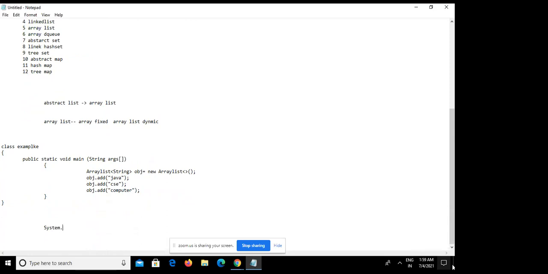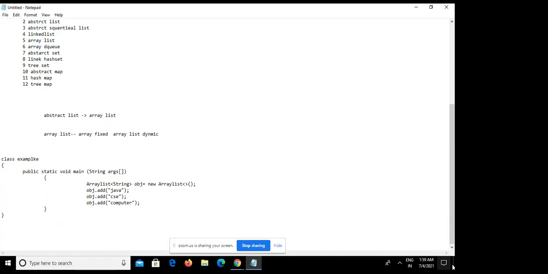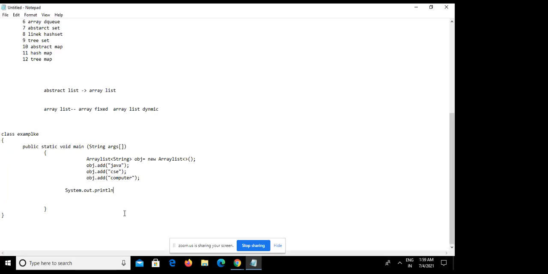System.out.println, oh no, System.out.println should be inside, and I'm putting that obj, putting the obj.